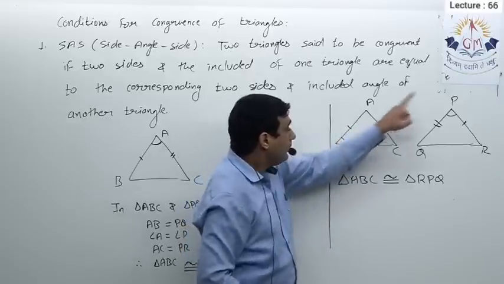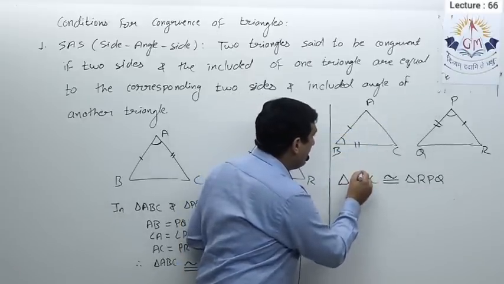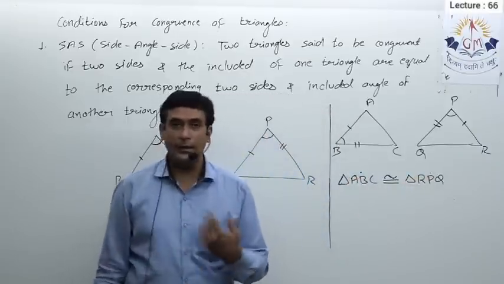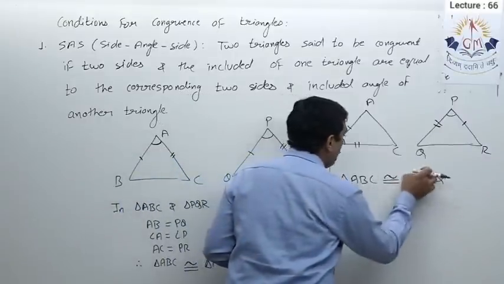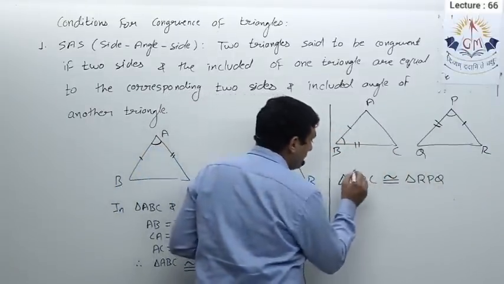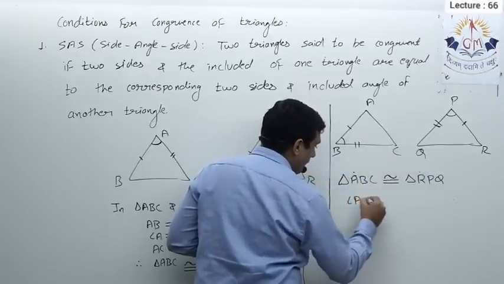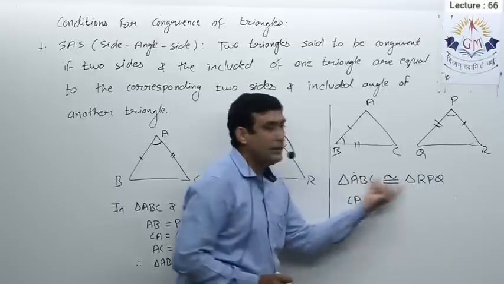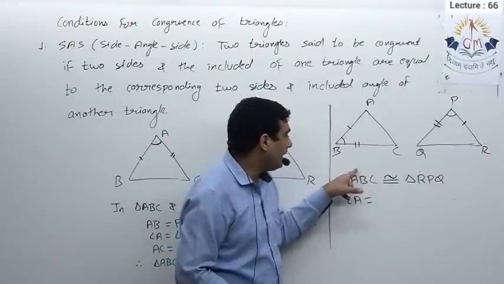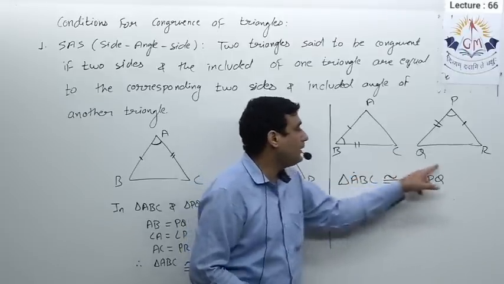Now you can check as well as angle. Here angle B must be equal to P. You will find angle B is equal to angle P. If you write the order correct, obviously, you will get the remaining part in the correct order. Now if I say you that write remaining parts which are equal, so just from here I can say A must be equal to angle R. From here only I can say, because I wrote this in the correct order, so I will get the information of the remaining part as well. Here I can say angle A equal to R, B equal to P. However, it is already given C is equal to Q.